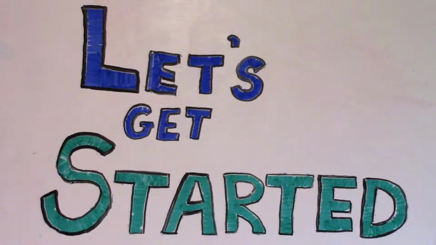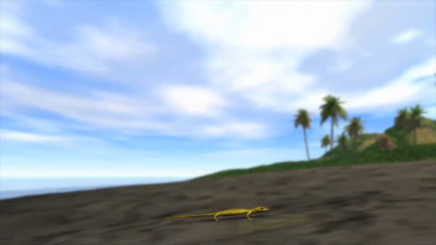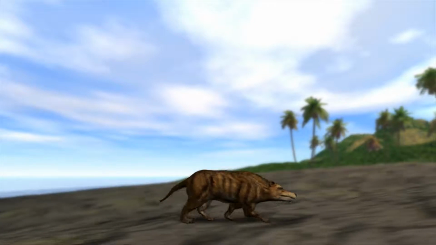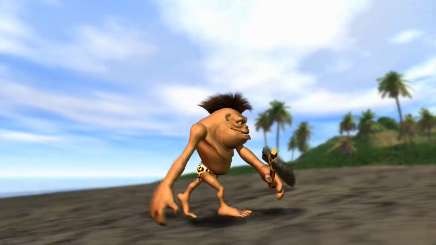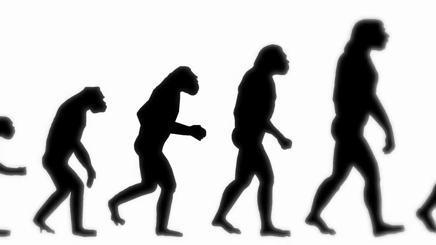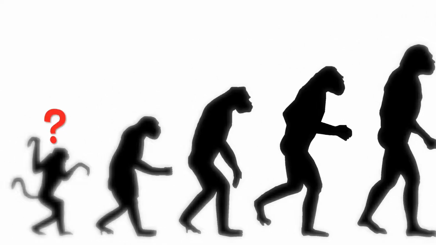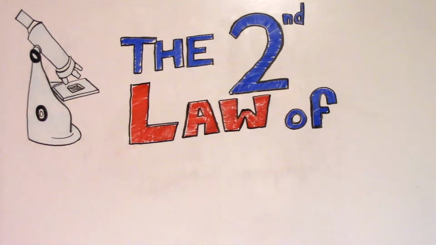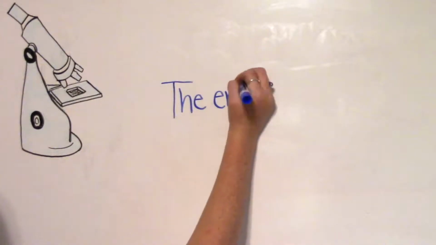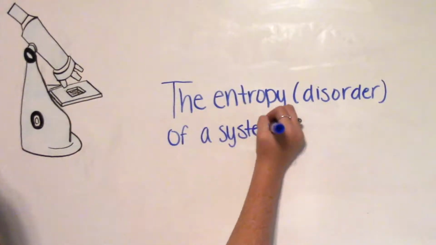So let's get started. Abiogenesis is similar to the theory of evolution, which says organisms change or evolve as traits most helpful in survival are passed on to the next generation. But like the chicken and the egg problem, evolution doesn't tell us what came first. Cue abiogenesis. Let's start with the second law of thermodynamics, which says the entropy, or disorder, of an isolated system